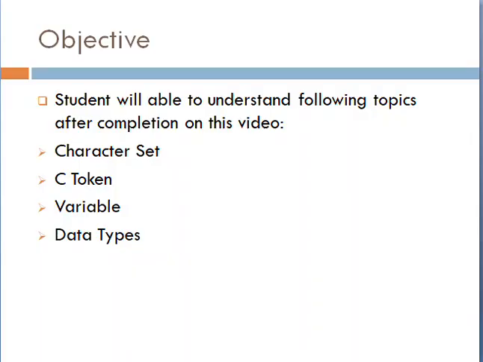After completing this video, students will be able to understand what a character set, tokens, variables, and various data types in C language are. So we will see how these topics work in C language.